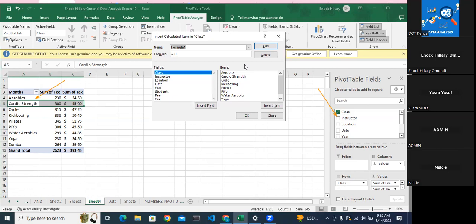Finally. So we want to come up with a class based on the already existing class and from the pivot table. Let's call this class cocktail class. Then from this cocktail class, we'll have 10% of aerobics, 10% of the sum of aerobics and Zumba and yoga